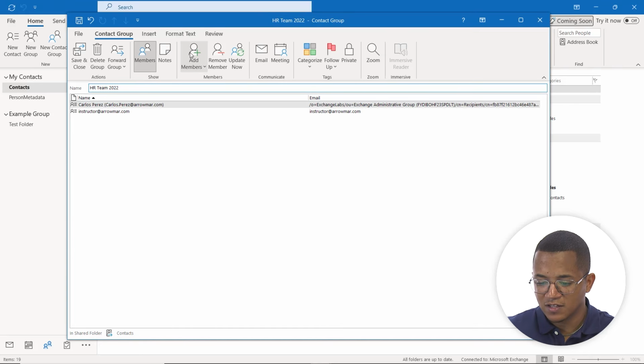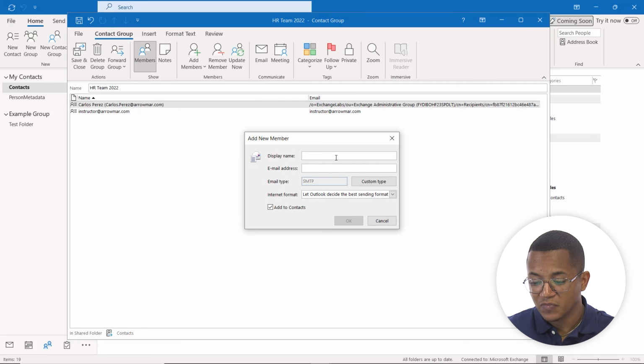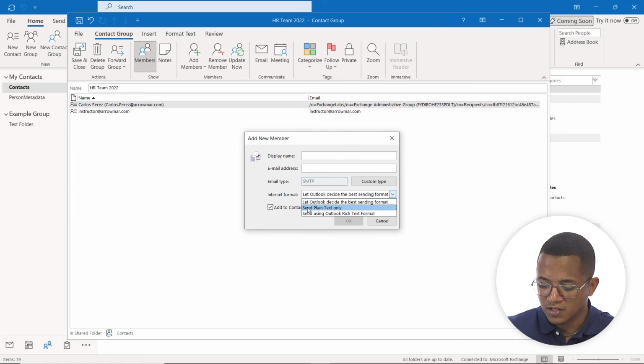And then last but not least, let's add someone from a new email contact. So I'm going to click on Add Members again, new email contact. And then here I have the option. I can choose their display name, so I can customize what their name will look like. I can put in their email address. And then you can see you have options for the internet format. So we can send this as plain text, use the rich text,